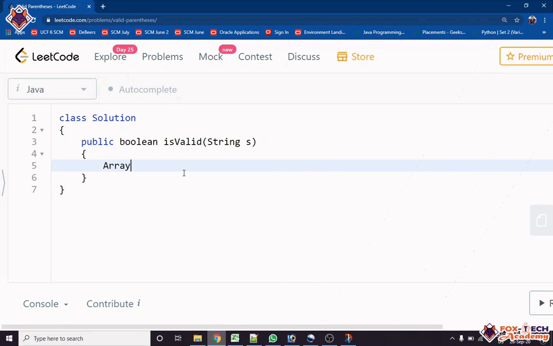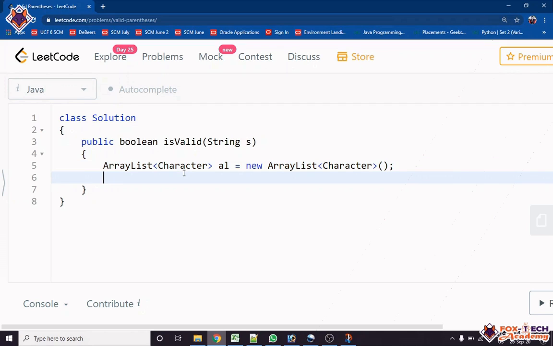ArrayList<Character> al = new ArrayList<>(); and we will create one index, int index = -1. Okay, and now we will start the loop.